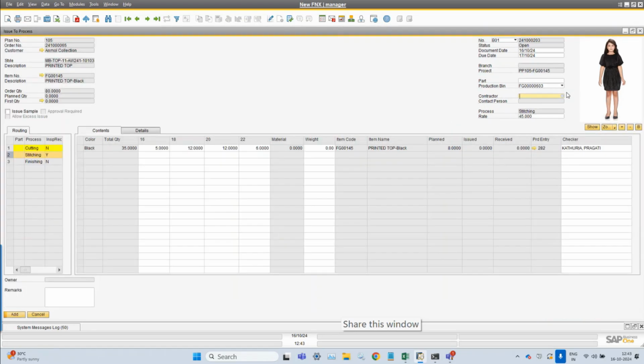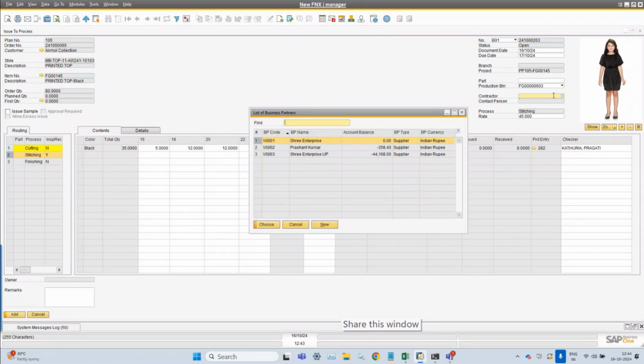So how can you select it? A list of contractors will come, based on the property operation, business partner property assignment, which is linked with the operation particularly. So with stitching, the business partner property was linked. So according to that, it is coming here. So you can select your contractor,